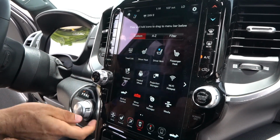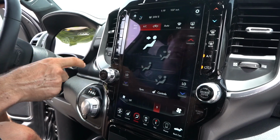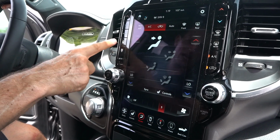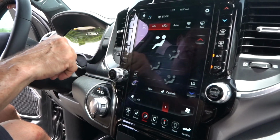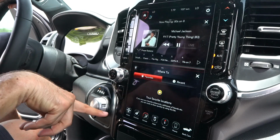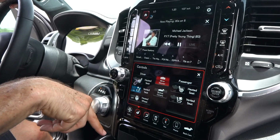Real simple to use. You have your climate control access. If you want to touch on the screen, real simple to do. If you don't want to touch the screen, guess what? We got buttons for you. A little bit of gloss black, nothing too crazy though. I don't think it's going to create a lot of glare. We go back to home, and then you have your other controls, the seat controls, that backup camera like I showed you,